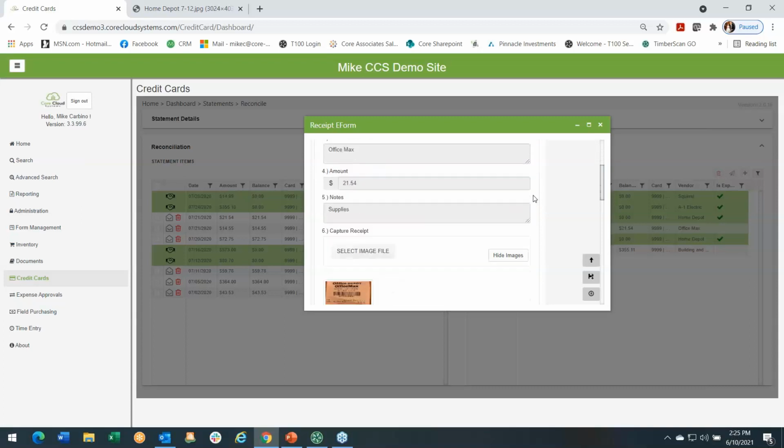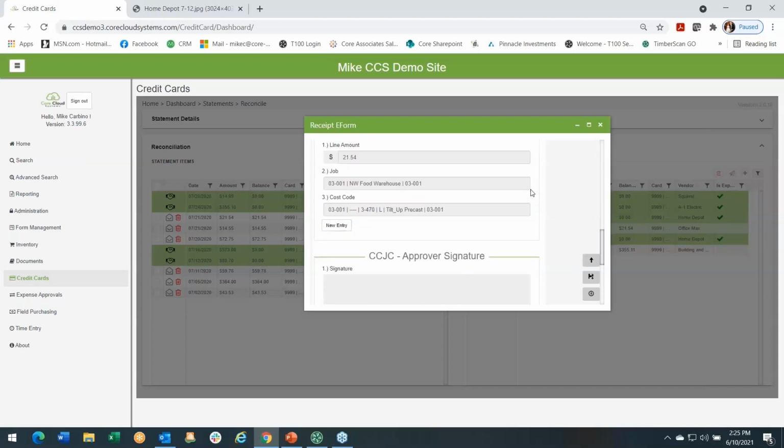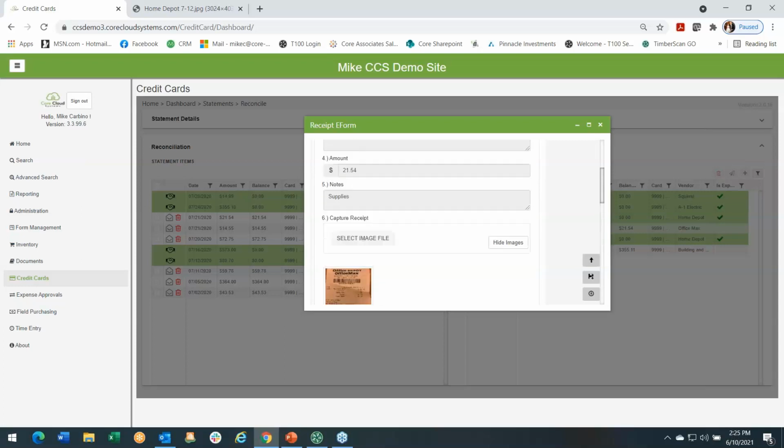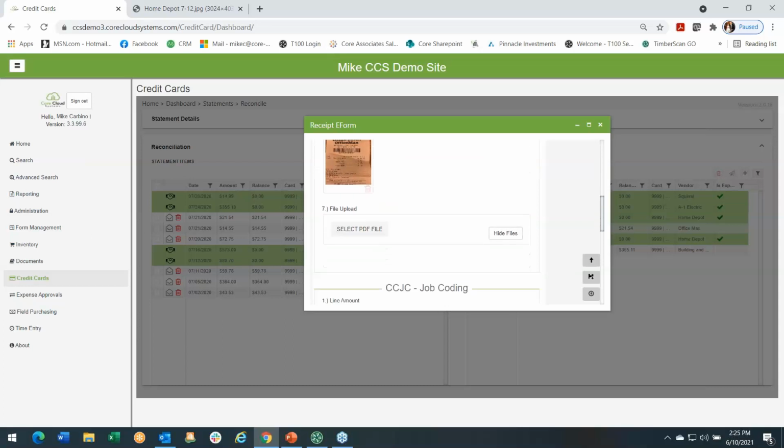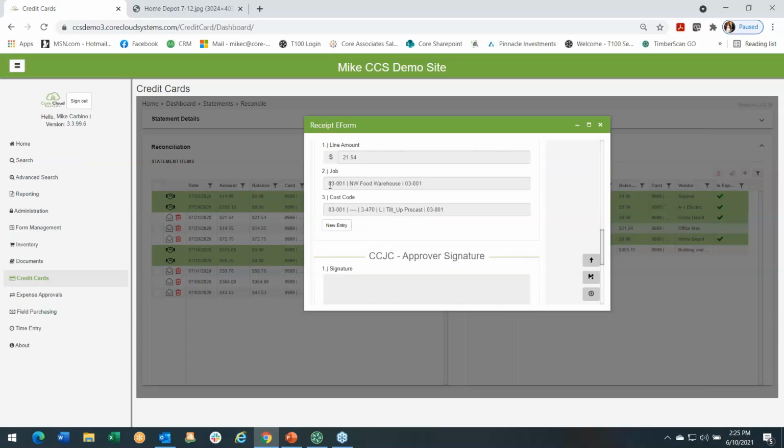Now this is step 3 of the process, where this particular person in accounting could come in here and say, well, yeah, I know that this particular receipt was associated with this particular job 03001, and it was for this cost code. And if I have the security rights to be able to do this, even though this may have already been filled out,